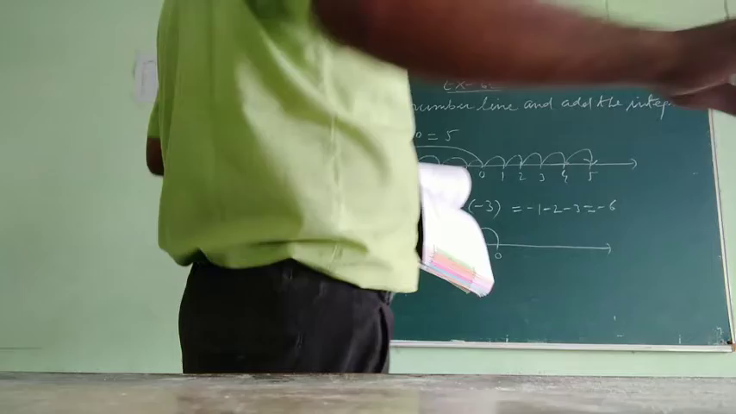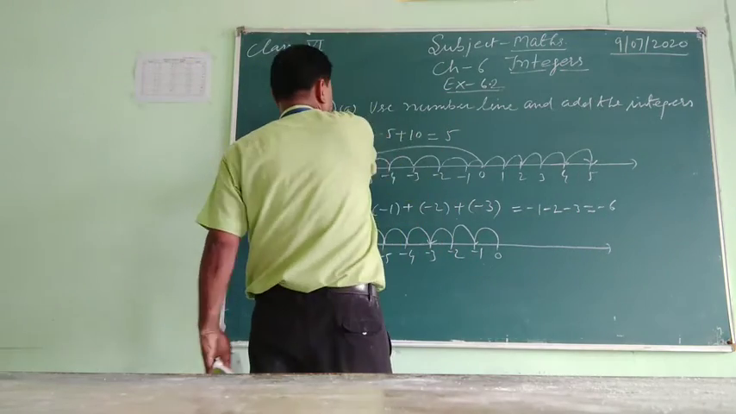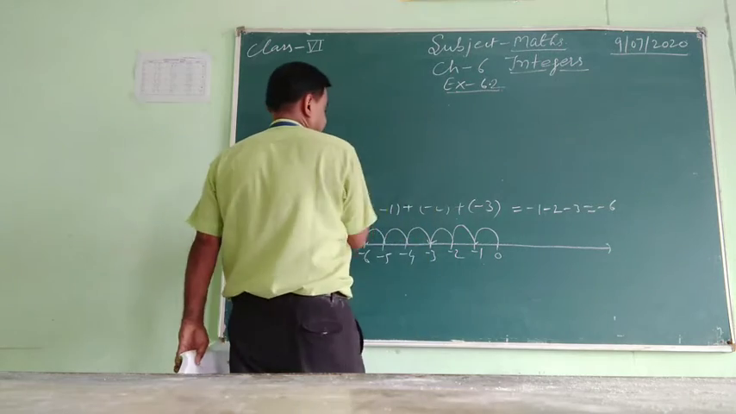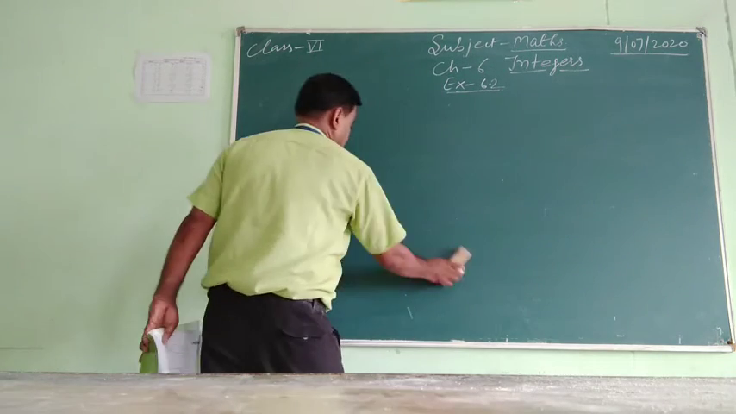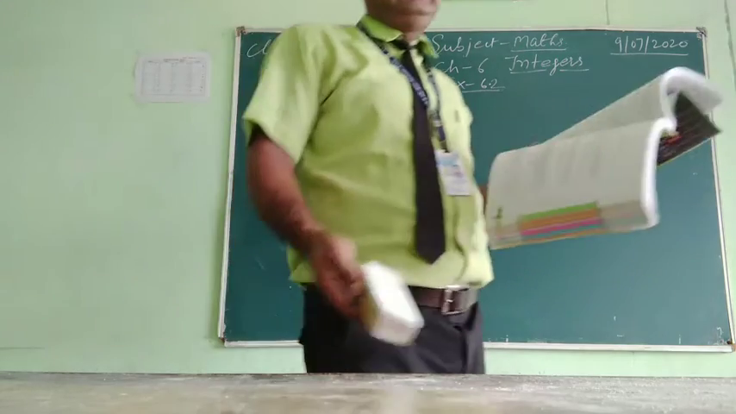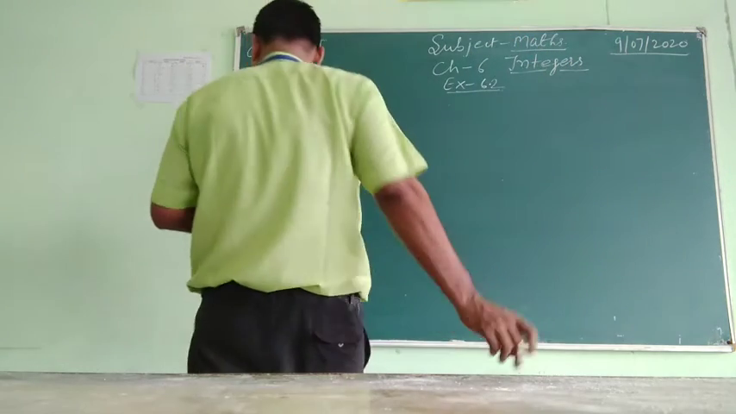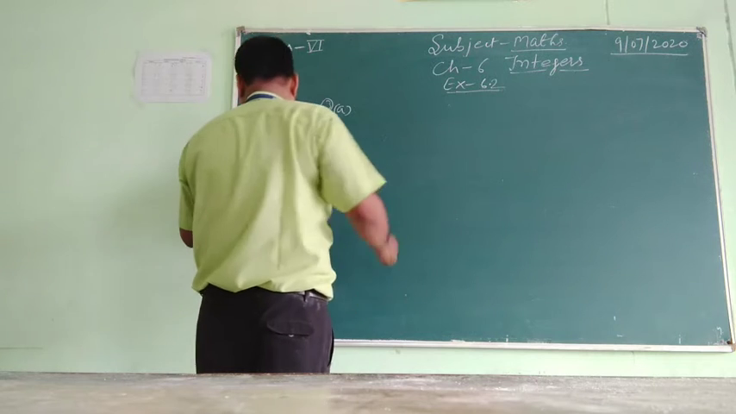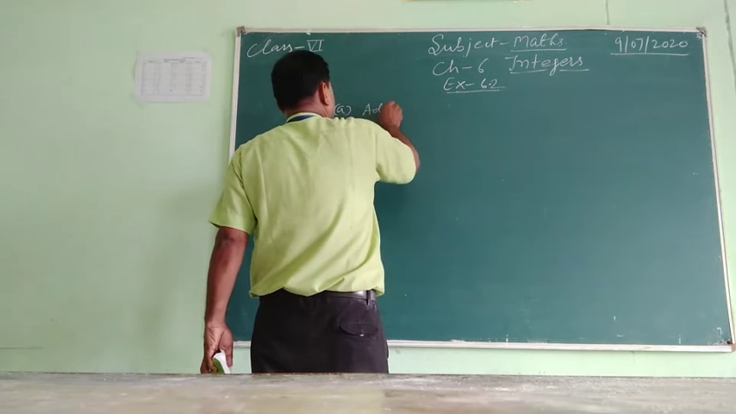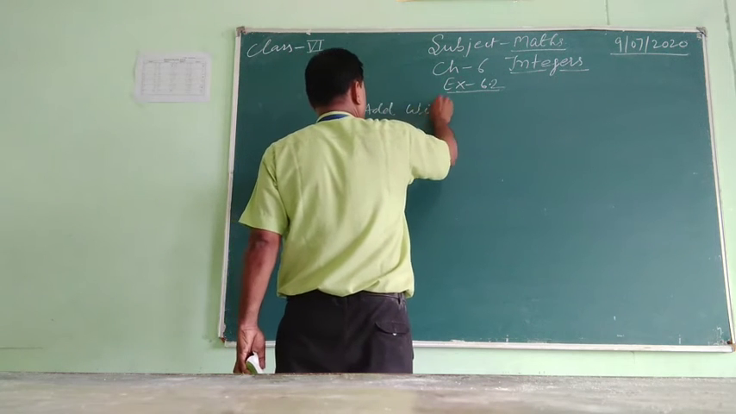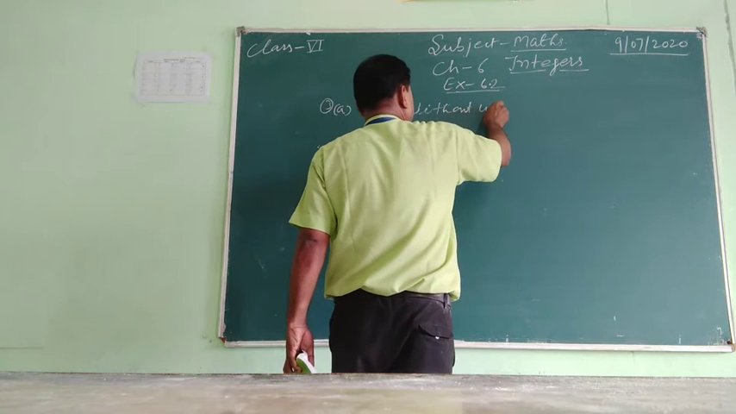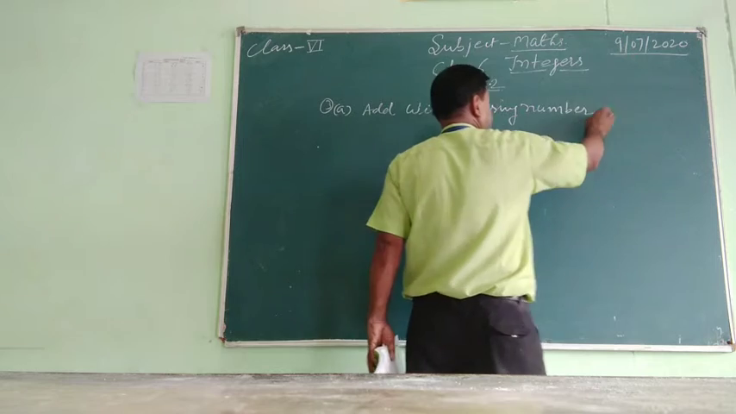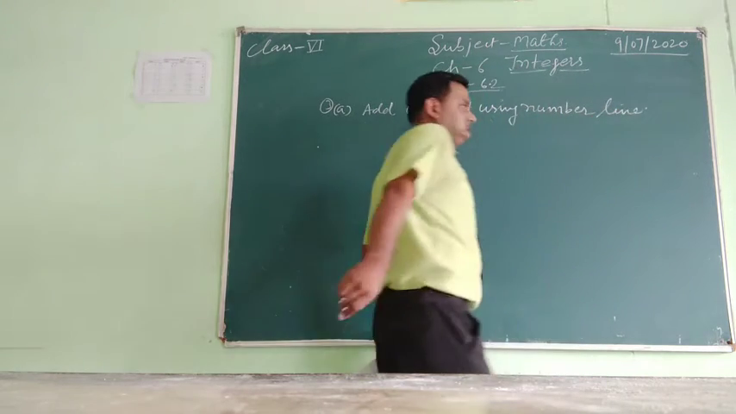Now question number 3, add without using number line. Question number 3, exercise 6.2. This part of question number 3: add without using number line. A part,